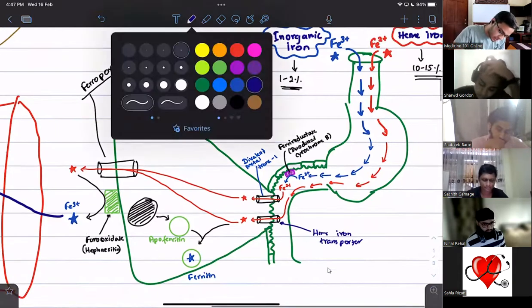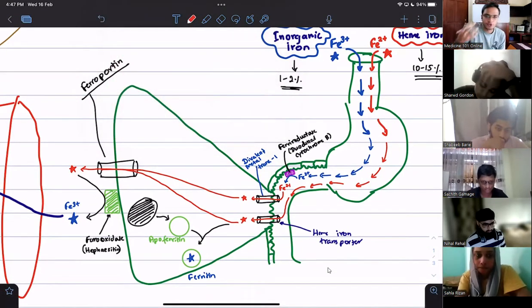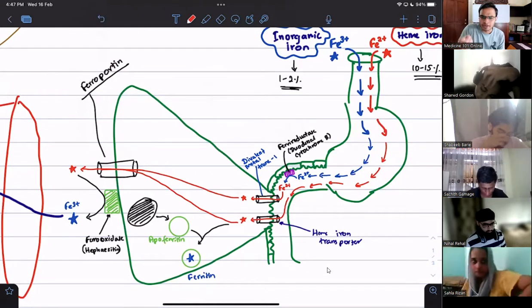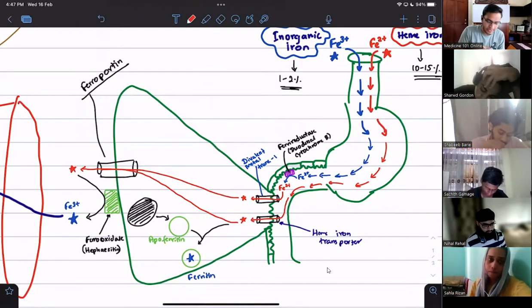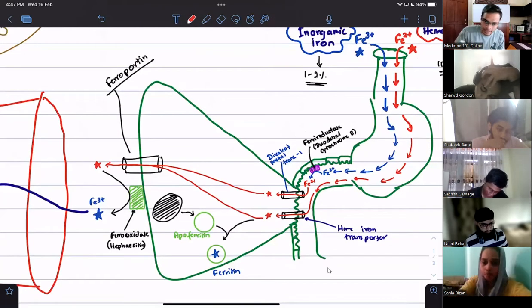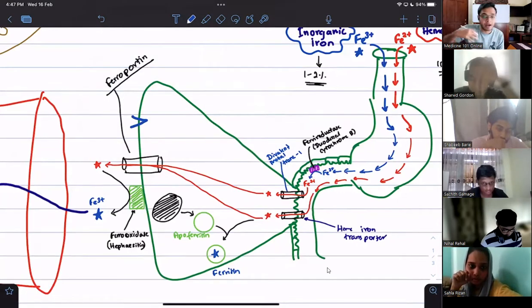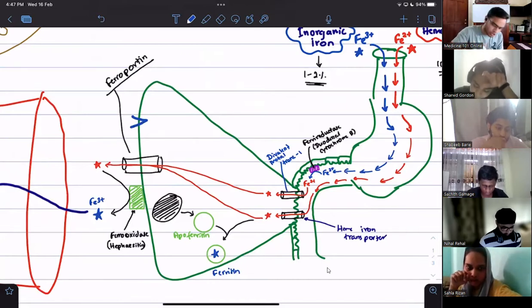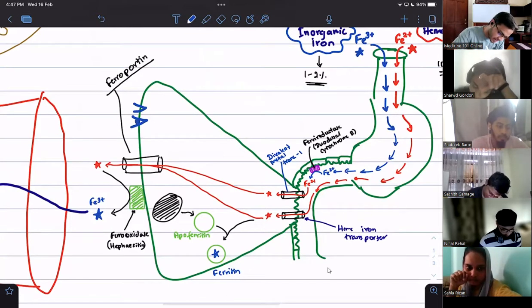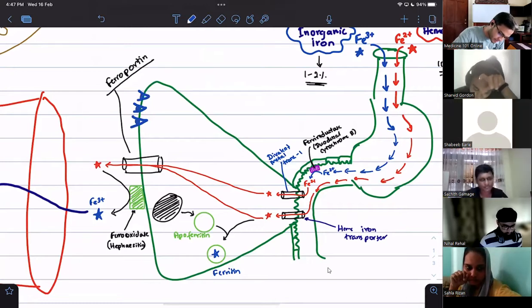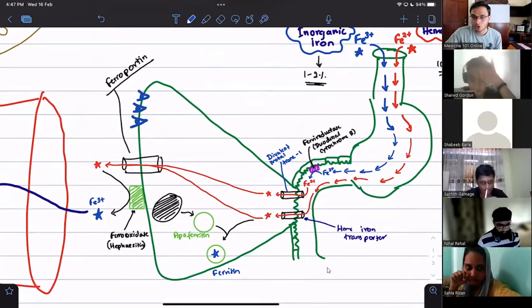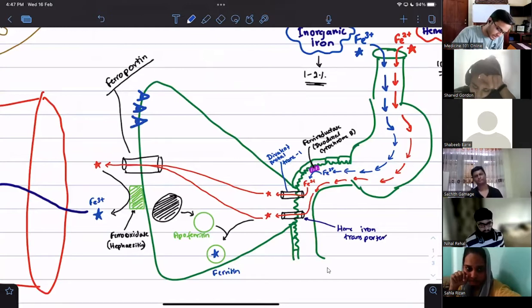Here, guys, another important thing: these duodenal epithelial cells are in very close proximity to our vessels. That's why I drew the vessel just close by. They have some special receptors. We are not going to draw the atomic forms of these receptors, very complex structures, not necessary. We'll just draw them as eyeballs, just eyes looking at the blood. You can draw eyelashes or whatever in your free time.